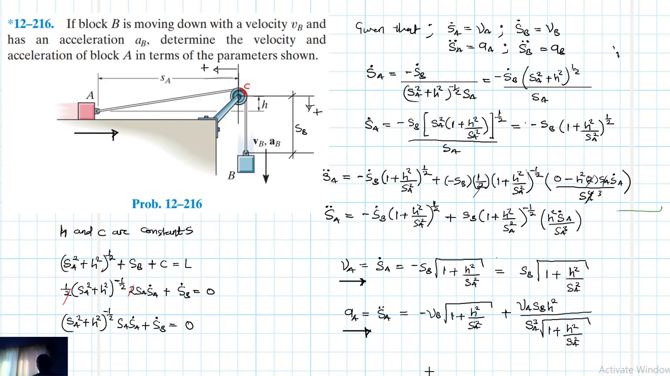Great, I think we are done. Let's just outline this. So this is the final solution. This is the velocity